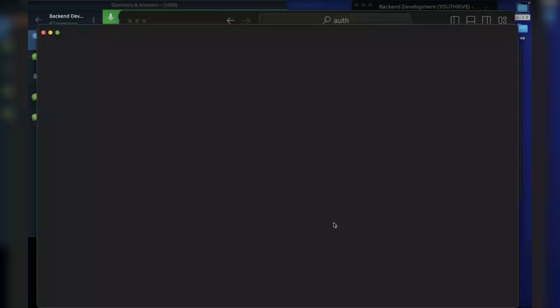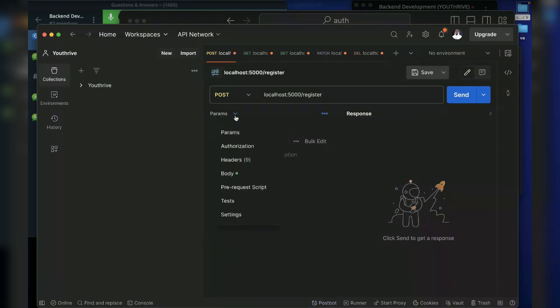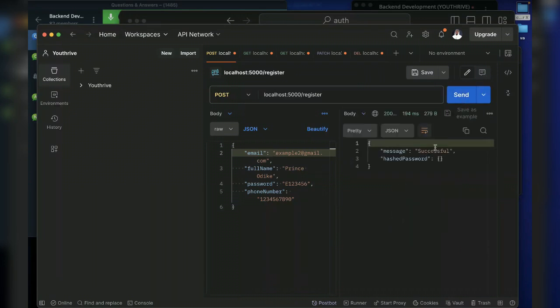Let me open my Postman. And by now, I want to believe everybody has Postman. Even if it's not Postman, there are others you can use. I want to believe you have them. And the first one here should be the register. So we're passing in a password. Now, the first thing is if I send this, it is returning